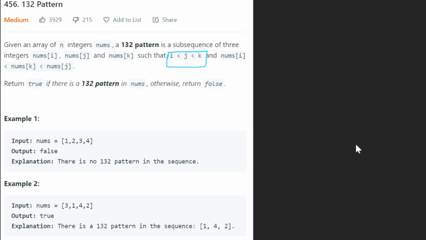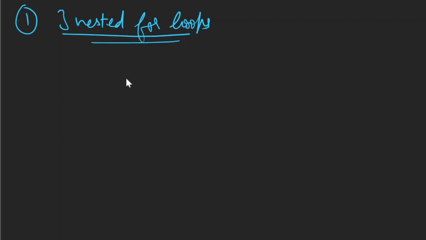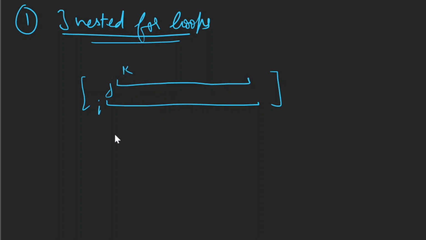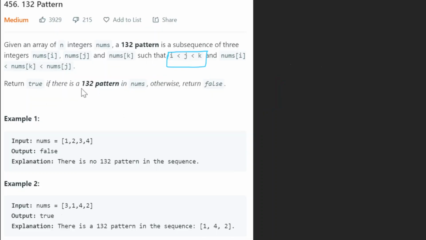Okay, so let's see. There are only two approaches which I have come across. So the first approach is to use three nested for loops. So this is our array of integers, and we start with i at this point, and for the elements in this subarray we start with j, and the elements in this subarray we start with k, and then we place a condition, and the condition is very much similar to what the question has imposed,